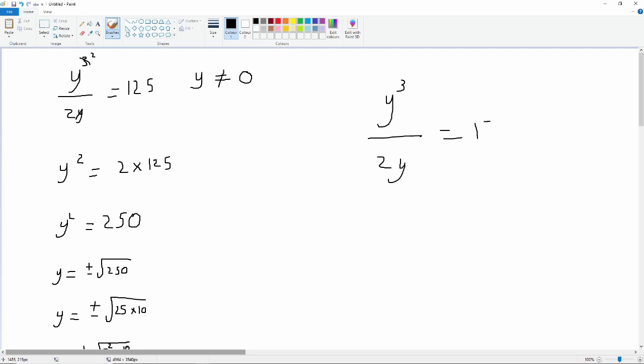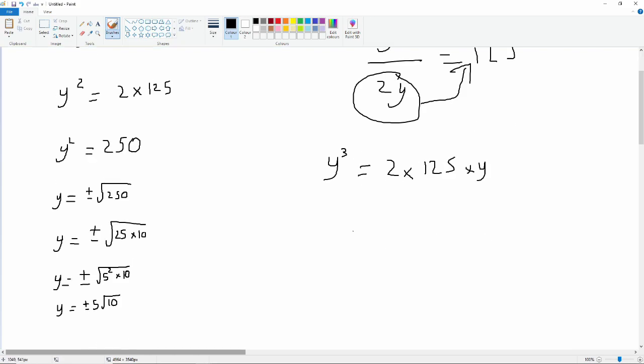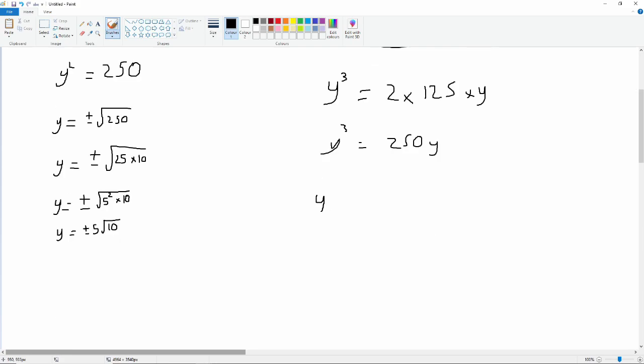equals 125. Right. What we can't do is take this and just bring it up here and say y cubed is equal to 2 times 125 times y. So y cubed is equal to 250y, and then say y cubed minus 250y is equal to 0. Factor out the y,